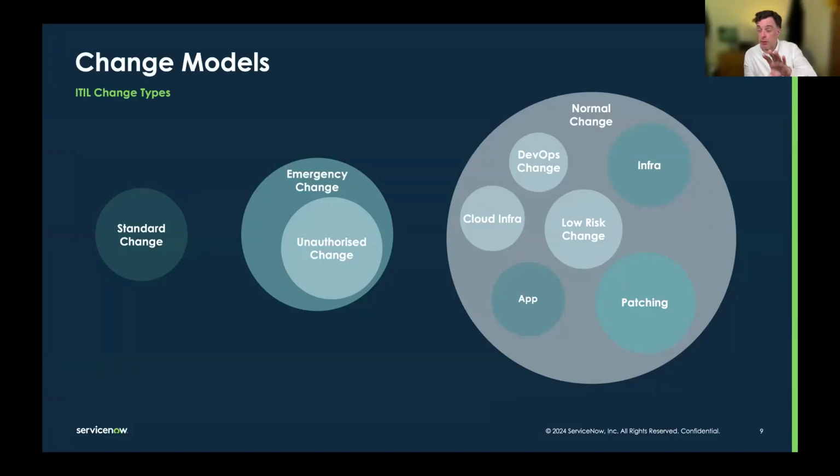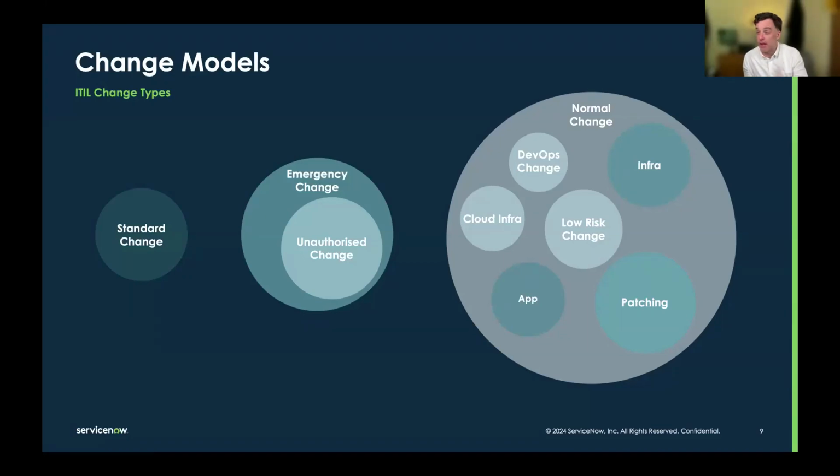And that tends to be done with a lot of assurance up front, a lot of planning up front. Changes are planned quite a way in advance normally. And then when you come to execute the change, you're doing the same thing repeatedly. And you tend to open multiple changes, even if you're grouping things, to do patching. So patching tends to be more about scheduling.